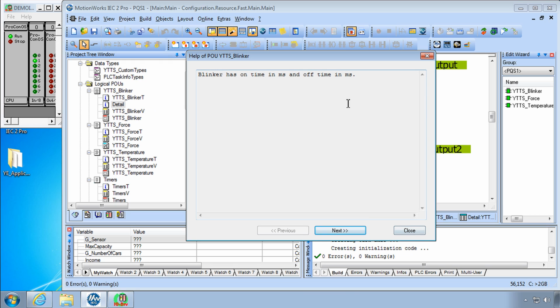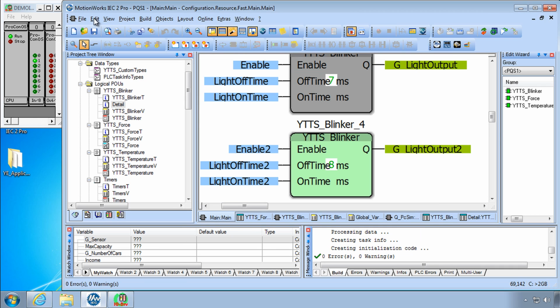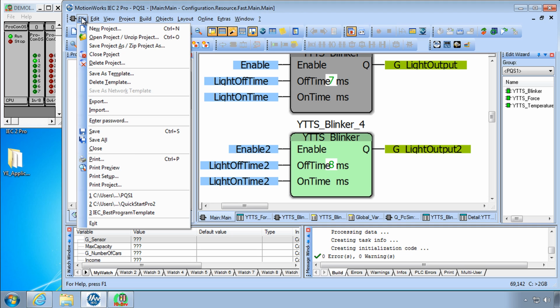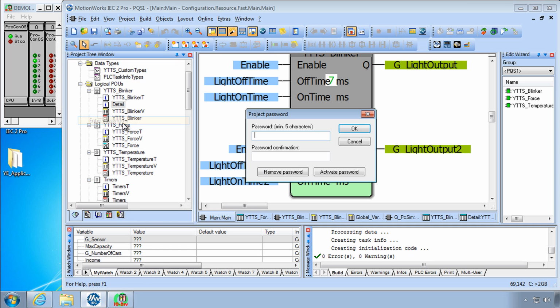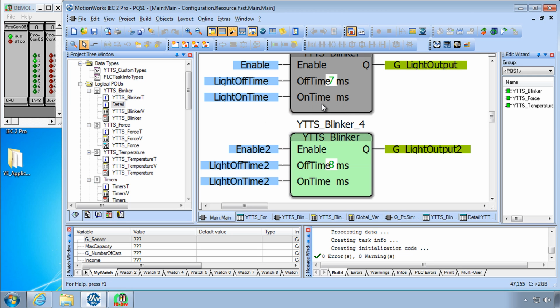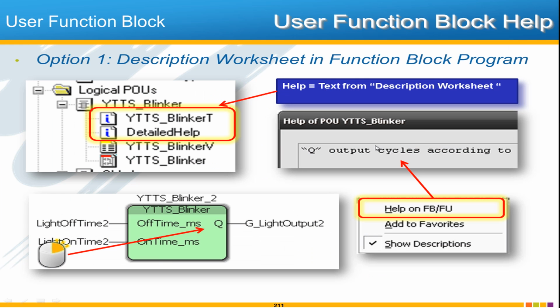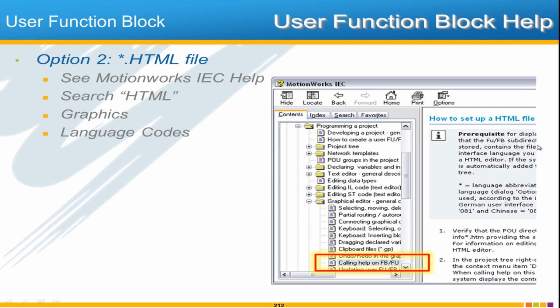So great for documentation, and this also then allows you to lock. If you go here to lock your code under file, enter password, you can lock your code, but that help will still be visible when you right click on it. So this method gives you text-based help only. If you want more interactive or pictorial help,